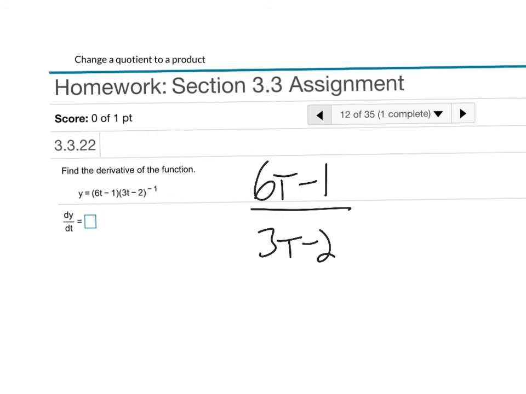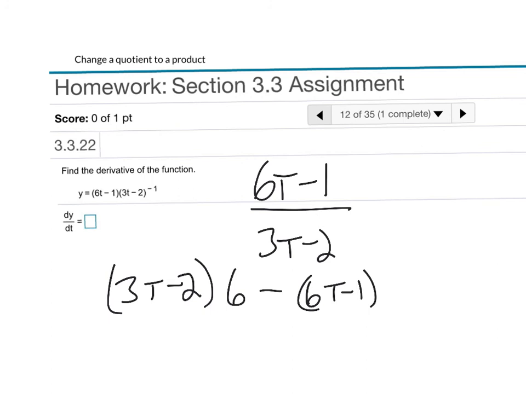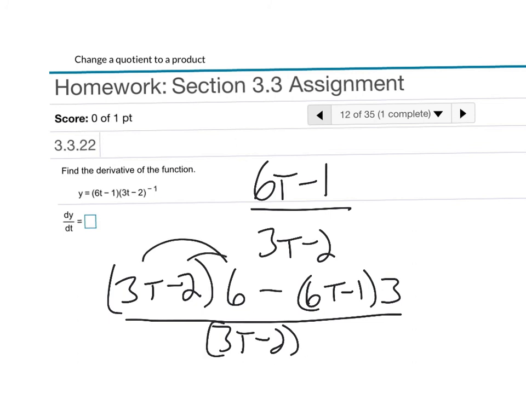or I'm just going to show it right now. So the denominator, the bottom, times the derivative of the numerator, which is 6, minus the numerator times the derivative of the denominator, all over the denominator squared. And now we do the cleanup. Let's see, we're going to distribute that through, so what's that become? 18t minus 12, and then minus 18t